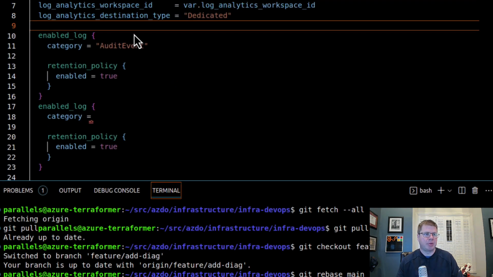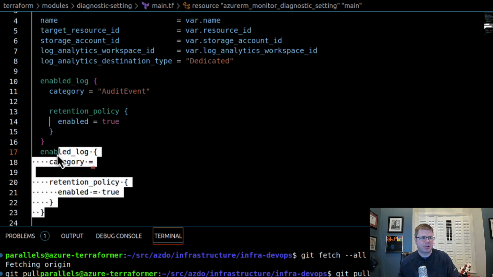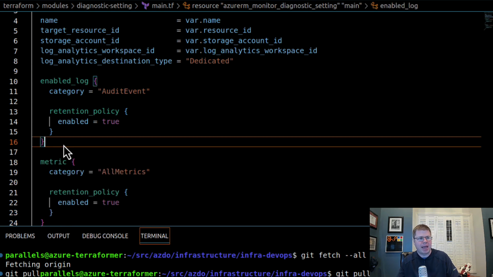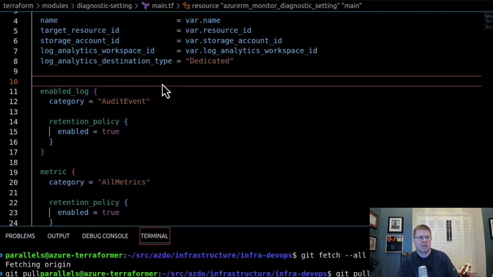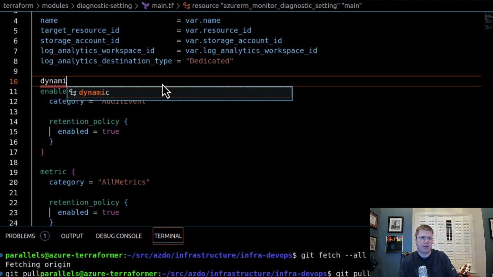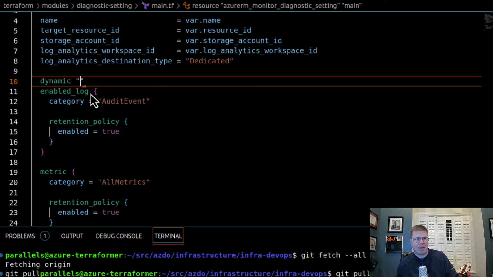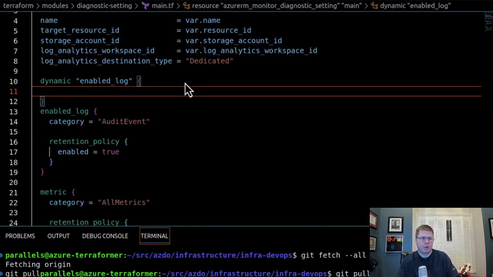Okay, so now I've got to commence with the dynamic block. For my dynamic block, I've gone over this in a previous episode. I think this is my first mailbag episode. The way I like to do dynamic blocks is just like I did with the module. I'm going to take the existing code, leave it in place, and modify it while I'm looking at it. I'm going to rewrite it essentially while I'm looking at it. So when I use a dynamic block, I'm going to declare a dynamic. The block name is enabled log,